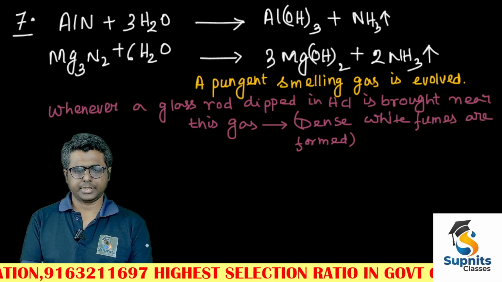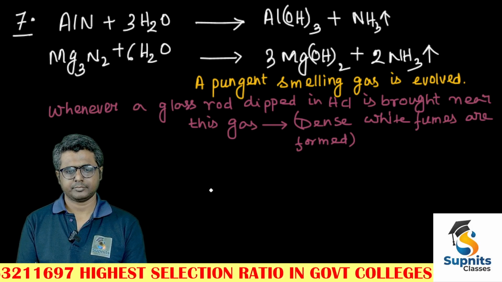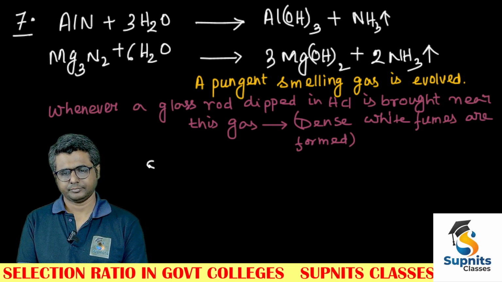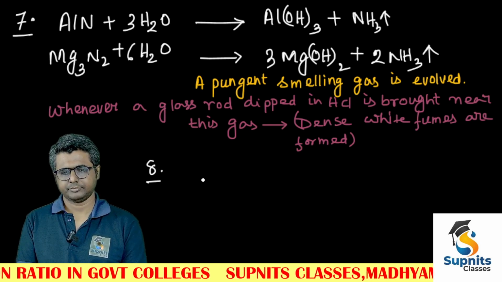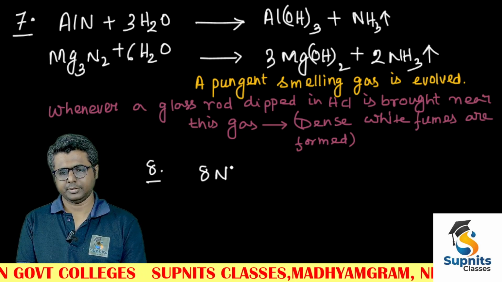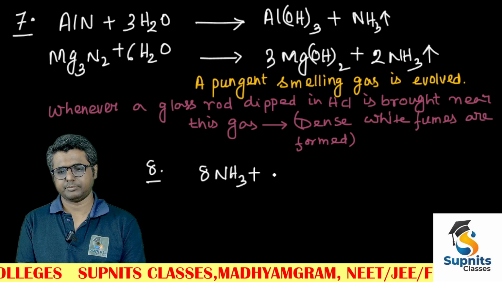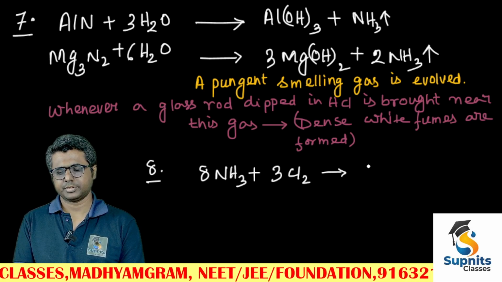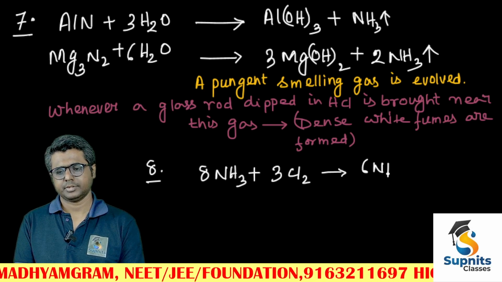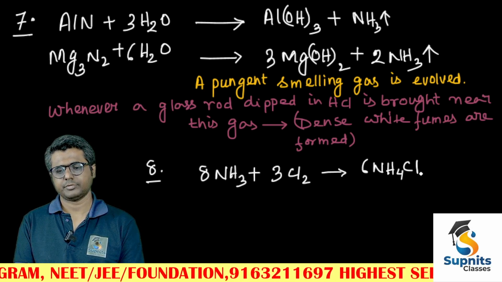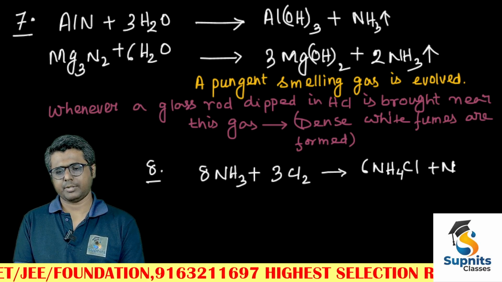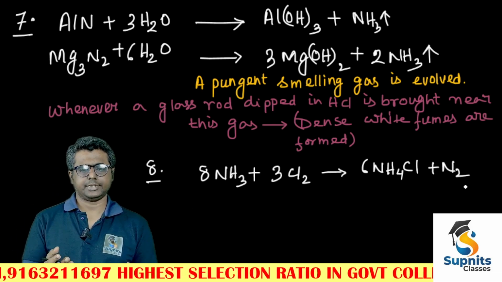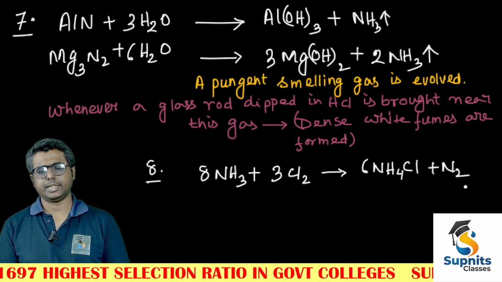Coming to our next reaction. Number 8. 8 NH3 plus 3 Cl2 gives 6 NH4Cl plus N2. This is the case of excess ammonia with chlorine, and in this case ammonia acts as a reducing agent, chlorine acts as an oxidizing agent,